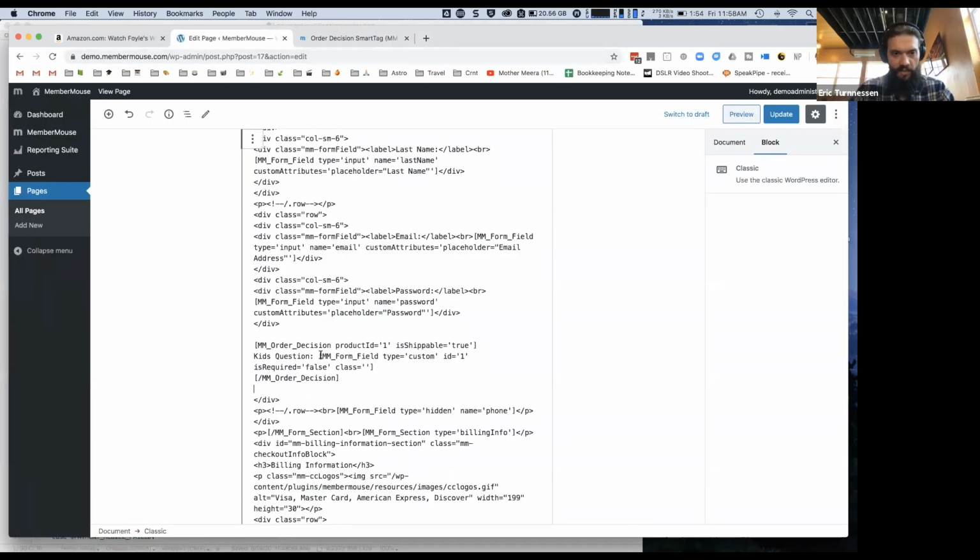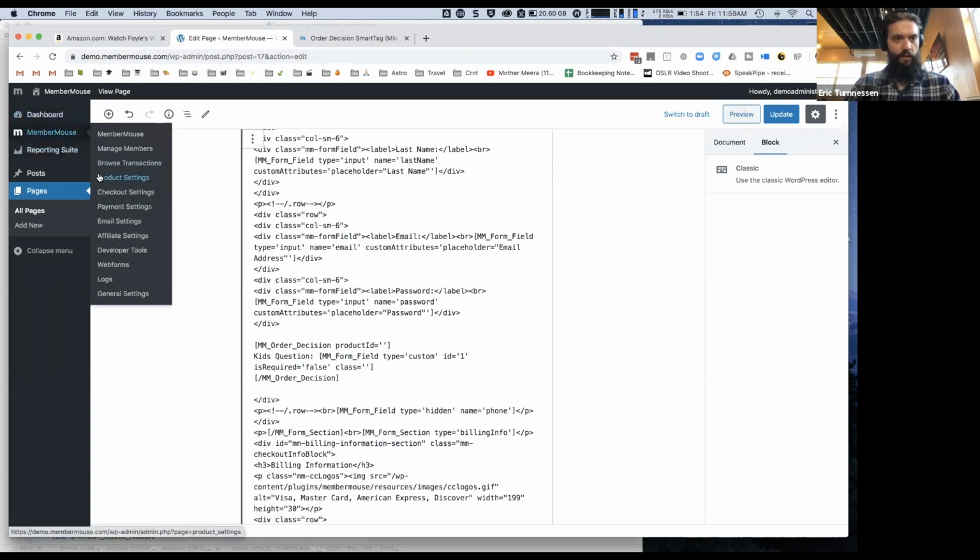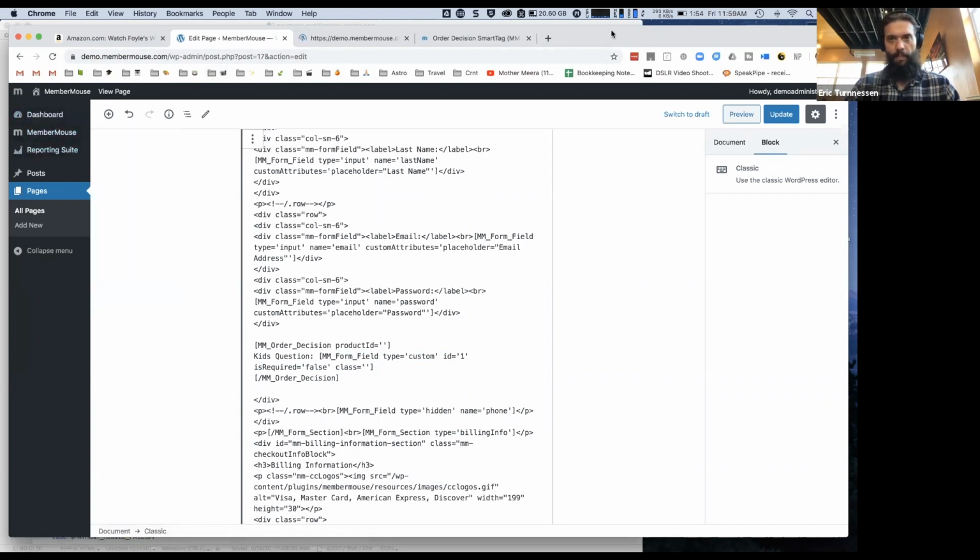Okay, so essentially what this is saying, so here's the question field, the custom field smart tag that we got when we created the custom field. Here's just that text that I entered in the kid's question. And then here's the order decision smart tag. So surrounding this content with the decision smart tag is basically saying only show this text in the event that product ID equals whatever. And to know, so if I go to the product settings screen,